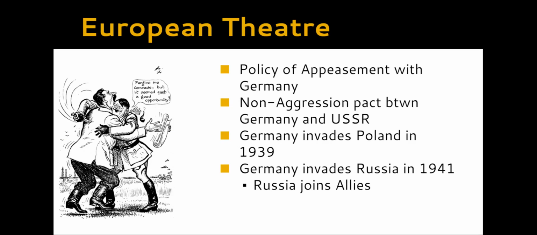The course of World War II, how does that go? Well, we can divide it into what we call two theaters. So two areas of the war that we're going to focus attention on. The first one is the European theater. That started with mostly German and Italian aggression.